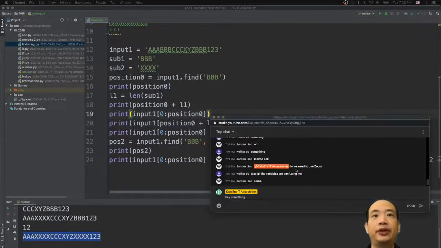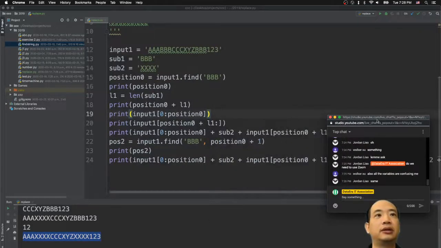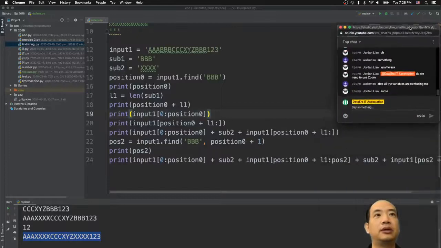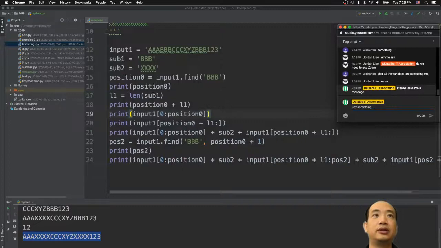If you finish, please just ping here, and I will know you have finished the code, and then we can move forward. Please leave me a message if you